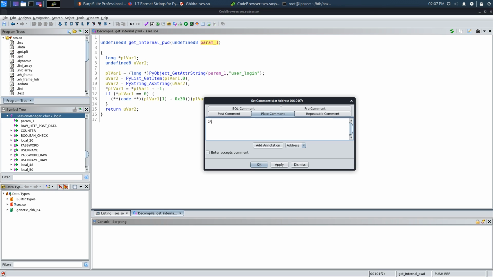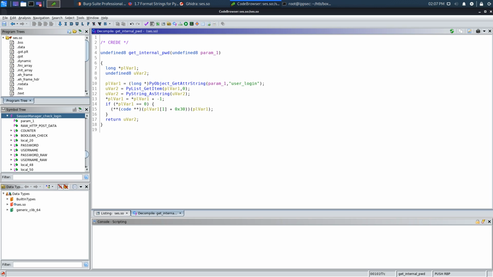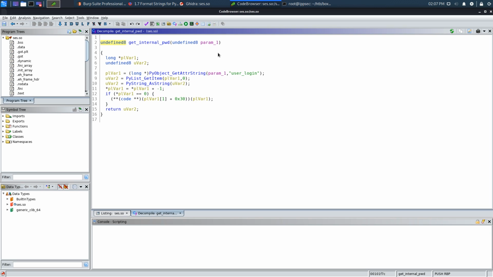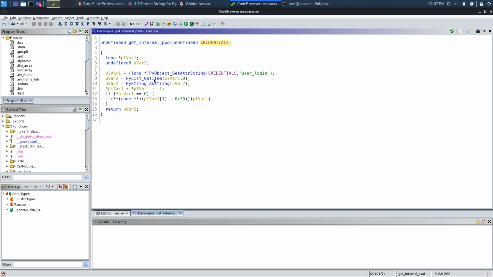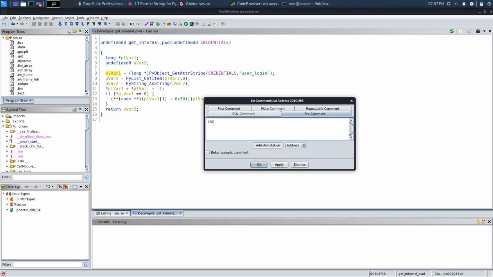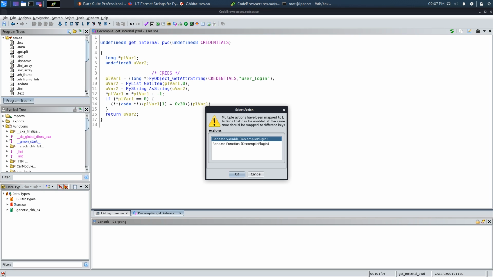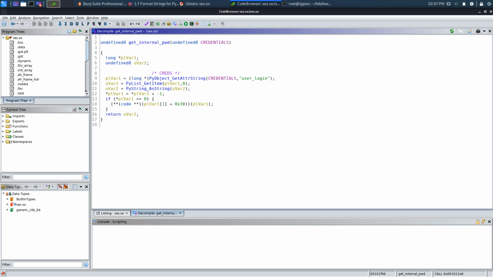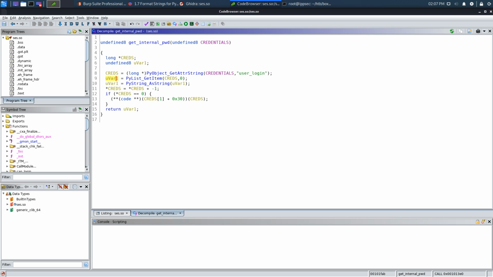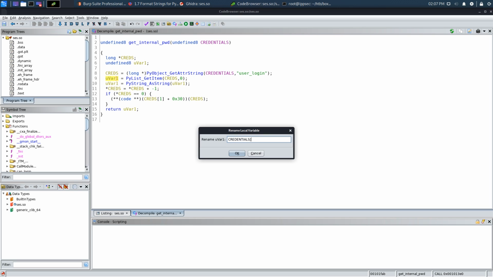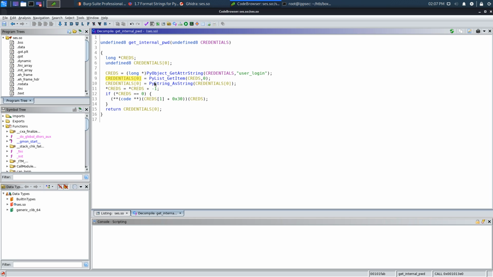So param1, whoops, is going to be credentials. And then we can call this creds. Why do I keep hitting L, semicolon? L creds. And again, this is doing the same exact thing and doing credentials 0. So both of these functions are returning the username because this object is most likely going to be 1 for